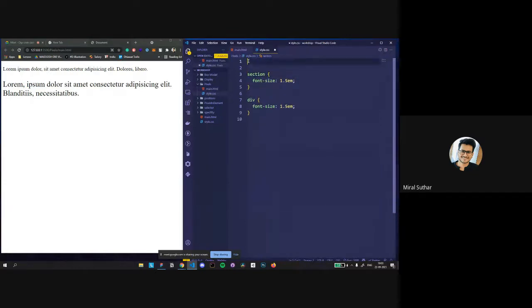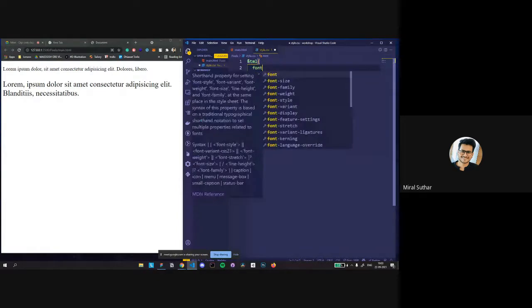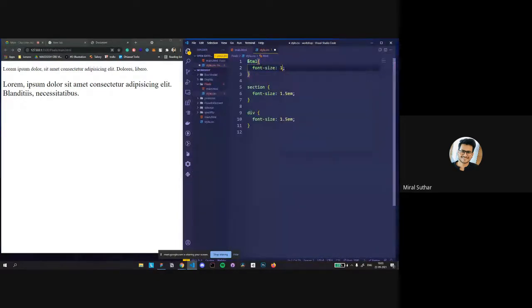Basically, HTML, the main tag of the website, has a basic font size of 16 pixels. Based on that, if you use 1 here, it is going to give 16 pixels to everybody, because that's what the global 16 pixels is. Now 1.5 em.